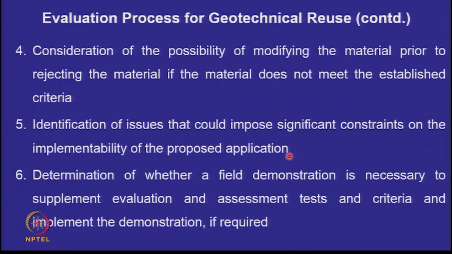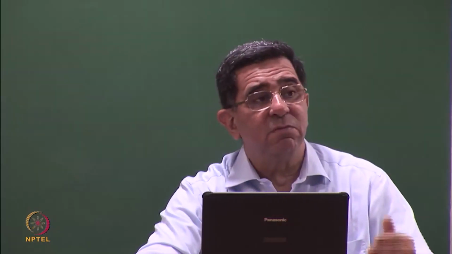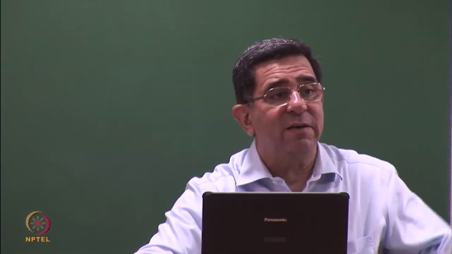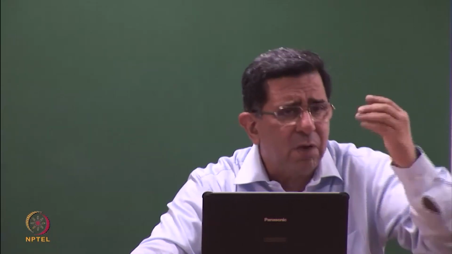Also, we should be very clear before we start the process if there are going to be any constraints on account of this material. If the material has bad smell, that is a constraint. I mean, you start taking the material from an industrial area and start laying a road in a village, the villagers will be up in arms, and the NGOs. The gases may be harmless, but purely because it is producing bad smell, it may be a constraint in implementability.